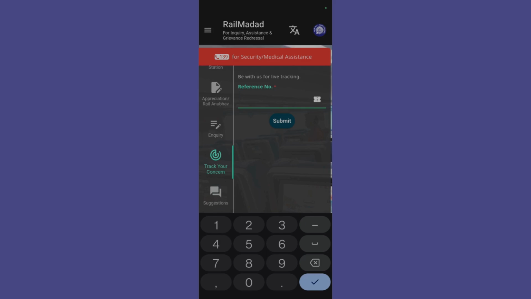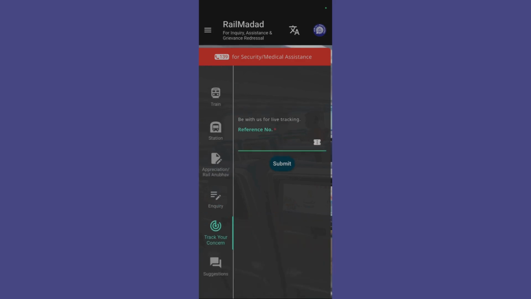new screen where the status of your complaint, including all of the details like the name of the person, where you've lodged the complaint and what action has been taken, and the resolution will be shared with you. You can also see what decision was made regarding that particular complaint or the action taken. So that's how easily you can track your complaint or track your concern using the Rail Madad